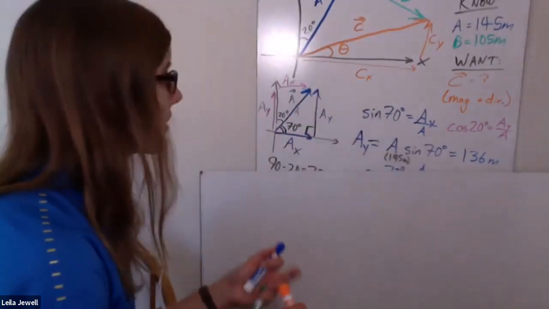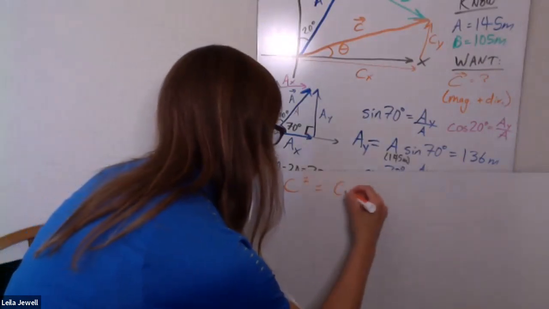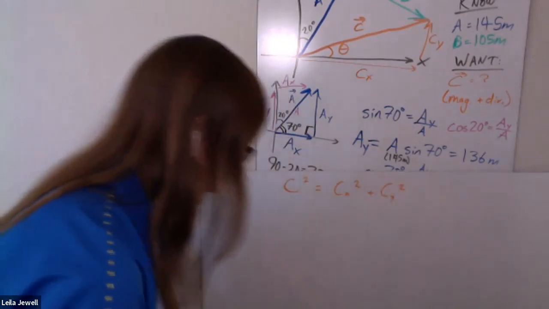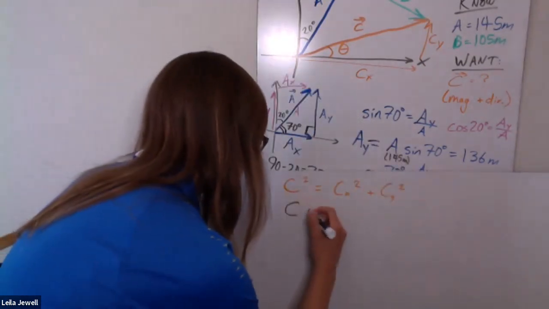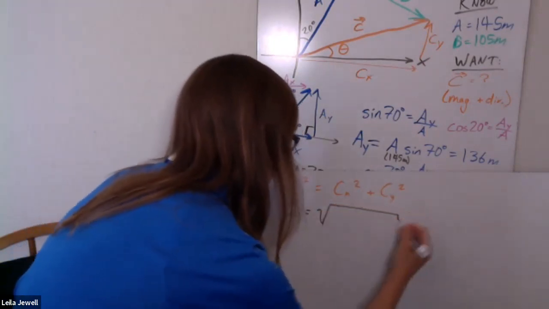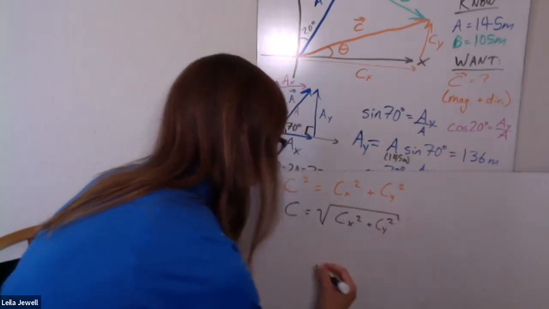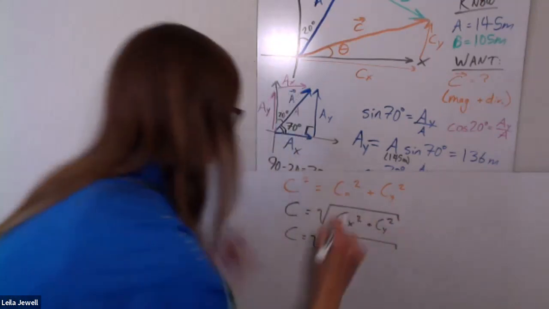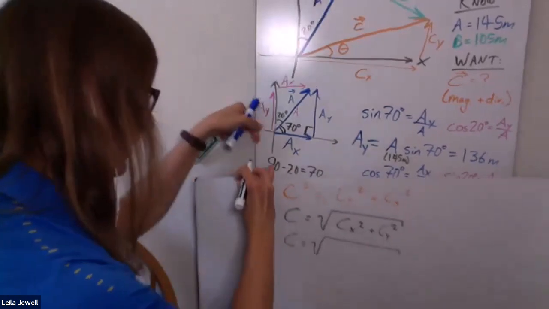The Pythagorean Theorem says that vector C squared is equal to Cx squared plus Cy squared. And I'm going to switch to black at this point so we don't have too much orange going on. In other words, C is equal to the square root of Cx squared plus Cy squared. And so vector C is equal to the square root of, let's peek at what we got. Cx is 135.6